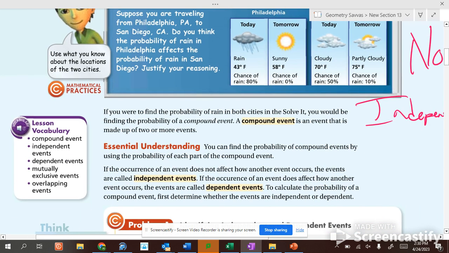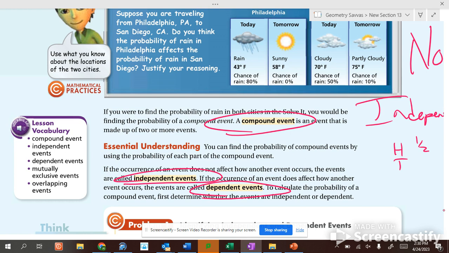Okay? Now, what we're going to do today is look at compound events, an event and then another event. Sometimes they're independent events, but sometimes they depend on each other. Okay? Independent events are like flipping a coin and rolling a die. What's the probability of flipping a head and rolling a 6? Well, flipping a head, I have either heads or tails, right? So it's 1/2 heads, 1/2 tails. To roll a 6, I have a 1 out of 6 chance of rolling a 6.